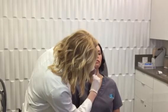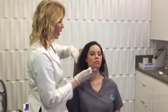So I've actually finished the right side of her face, and I'm going to let you guys go. I'm going to finish up on the left, but if you have questions about